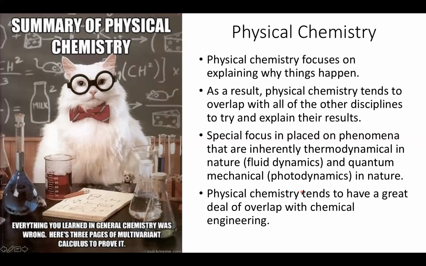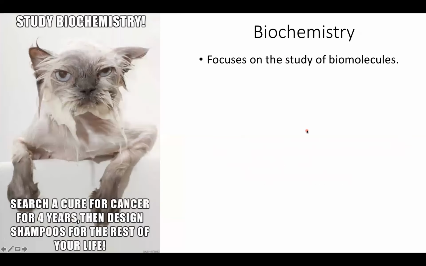But also because of this, physical chemistry tends to have the greatest overlap with chemical engineering, more than the other four disciplines. So if you really are interested in a lot of materials or chemical engineering topics, physical chemistry is a great place to start. And this leads us to the new kid on the block of chemistry disciplines, and that's